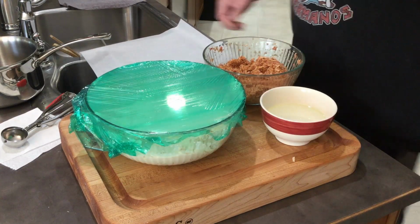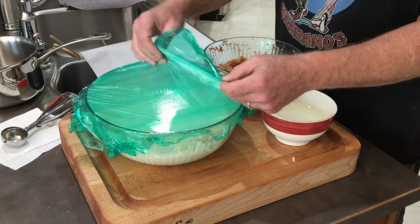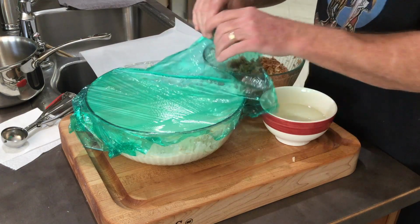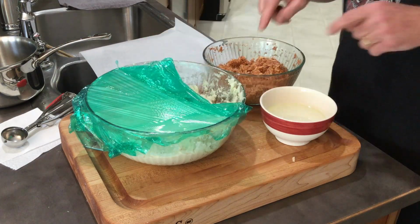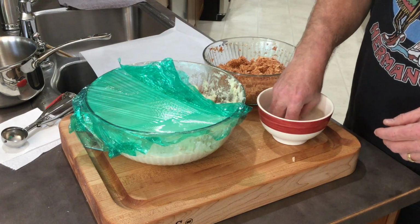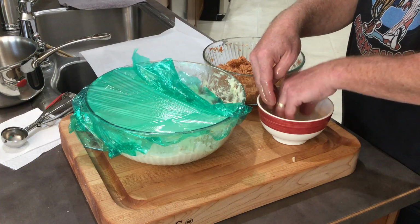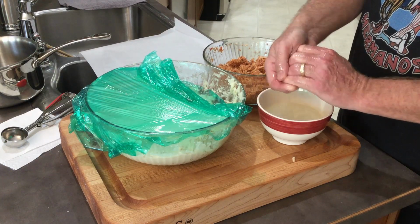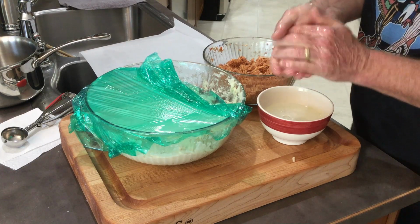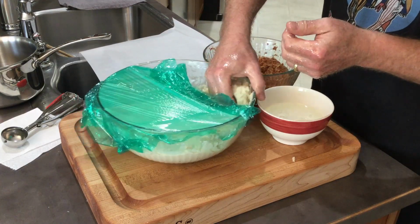Okay, boys and girls, let's make some pupusas. I'm going to open up just the edge of this. This particular masa is really sticky. So I've taken about 1.5 cups of water here and added about 2 tablespoons of oil. And I'm just going to coat my hands with this. It will not only help my hands not stick to the masa, but it will help lubricate the